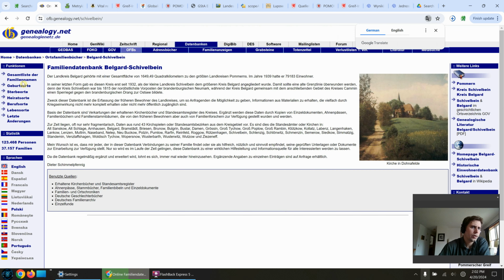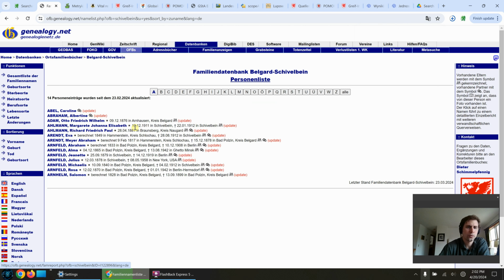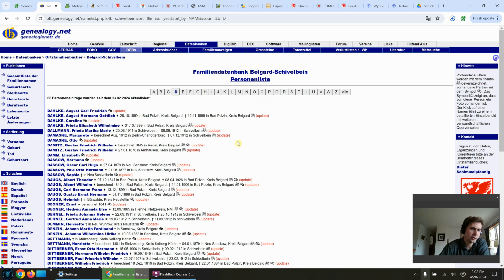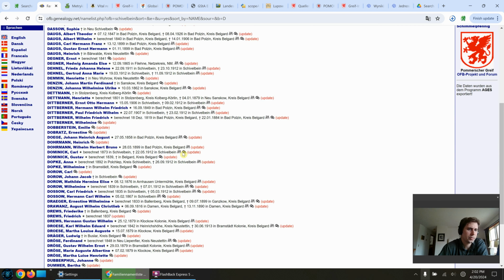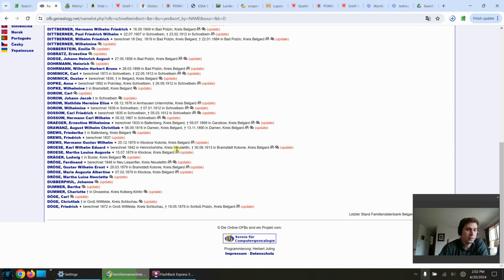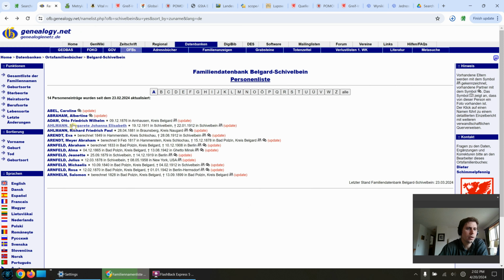You can search through family names. You can search through birthplaces or death places, marriage places, place that they were employed. There's also the last entries that they just put in. So if you want to see since the last time you looked, the last update, you don't have to search through the entire collection to look for it. Otherwise, if you're just looking for a specific name,